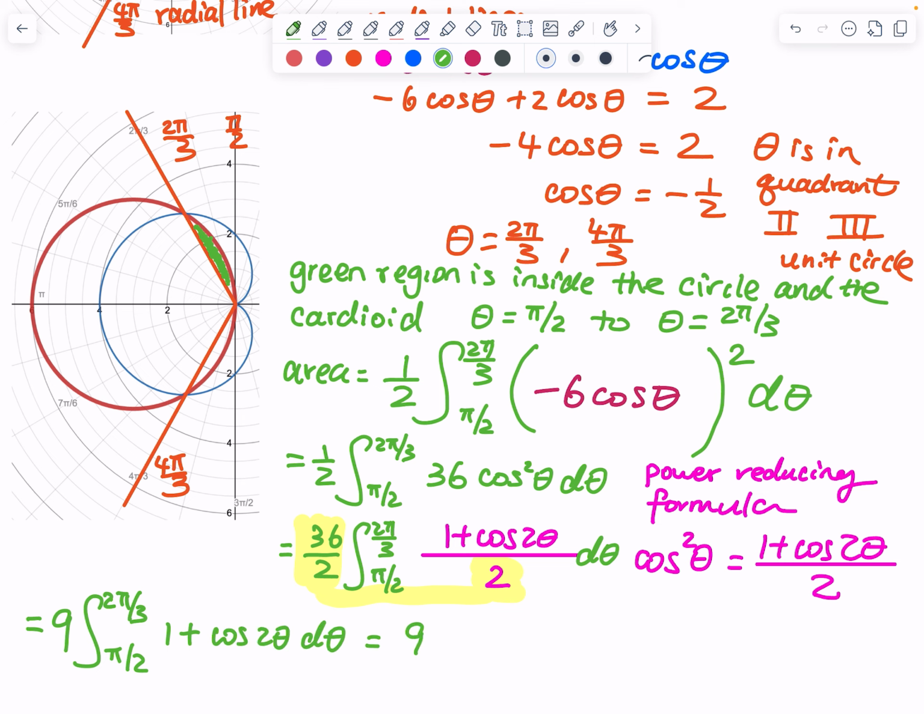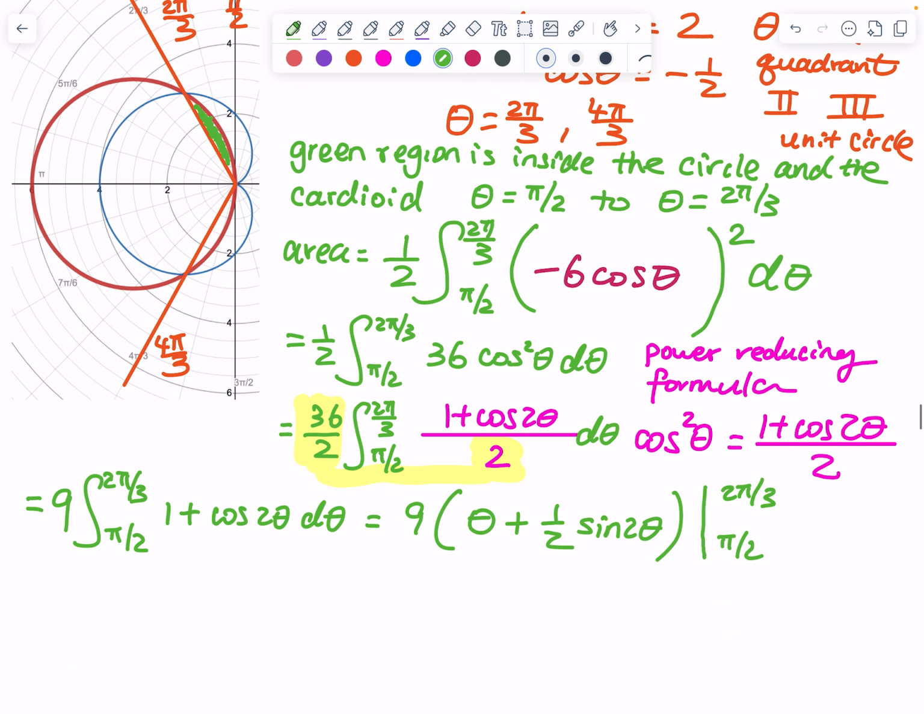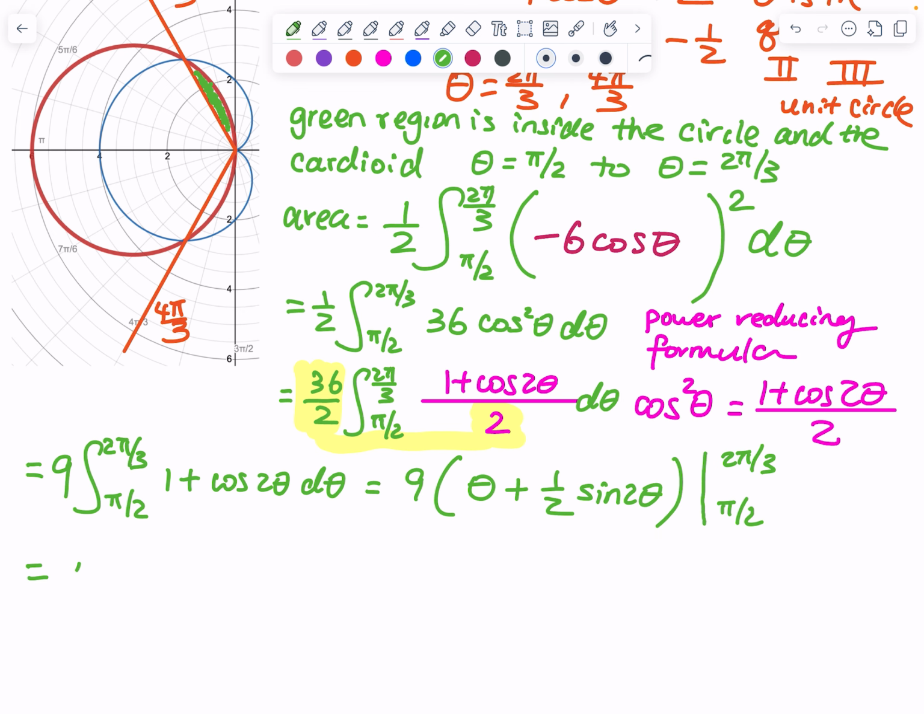And then we integrate. This is theta. The integral of cosine is sine, sine of 2 theta. I prepare a 1/2 in front. Take the derivative, that gets you back straight to the integrand. Such that from pi over 2 to 2 pi over 3. Okay, fundamental theorem of calculus, plug in: 9 times 2 pi over 3 plus 1/2 sine of 2 times